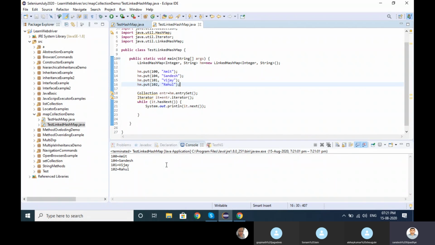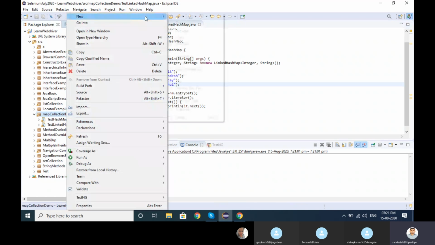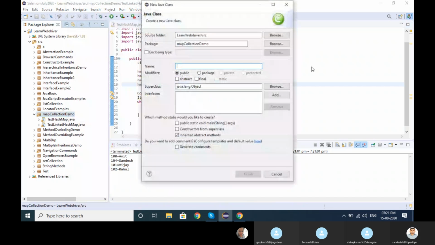But anyway, for testing perspective, you can use any of the four of them. The similar two kinds of category we have are tree map and hash table. I am showing their difference. Test map.